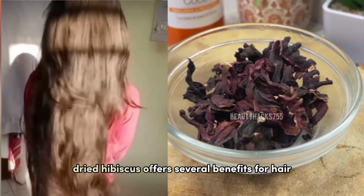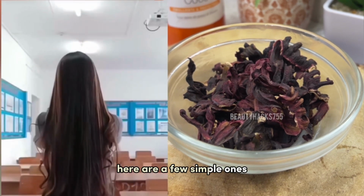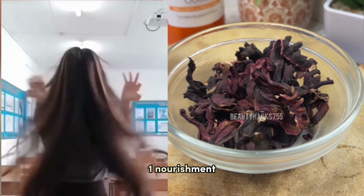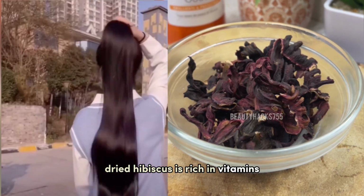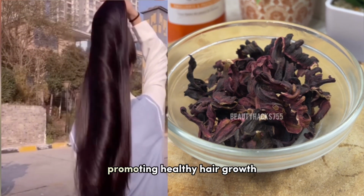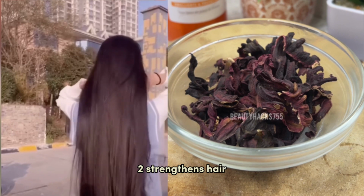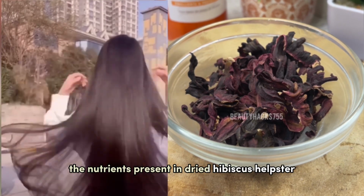Dried hibiscus offers several benefits for hair. Here are a few simple ones. 1. Nourishment. Dried hibiscus is rich in vitamins and minerals that nourish the hair follicles, promoting healthy hair growth. 2. Strengthens hair. The nutrients present in dried hibiscus help strengthen